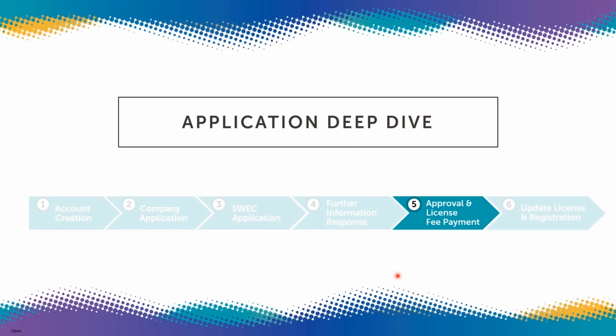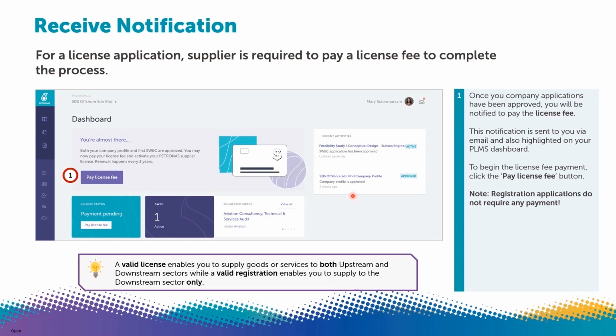Now, the next step is the approval and license fee payment. Once your company application has been approved, you will be notified to pay the license fee. If you are applying or renewing your patron association, then no payment is required. Okay, so it's a bit of a change to how we do our current ROS, because inside ROS, you will need to wait until your company approval, and then you need to wait until first swag approval before you pay the license. But in the effort to simplify the process, what we do in PLMS is this: